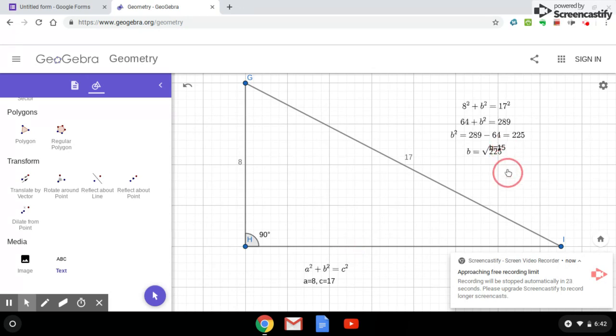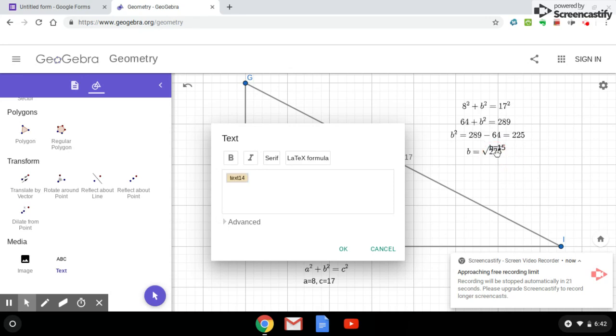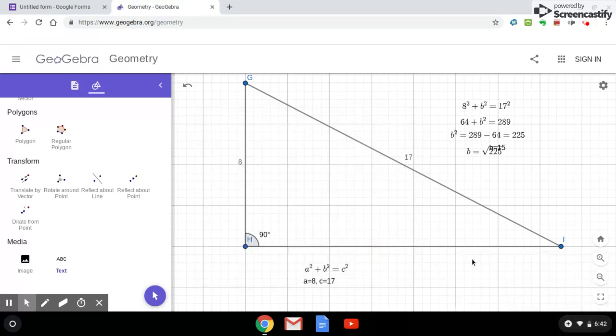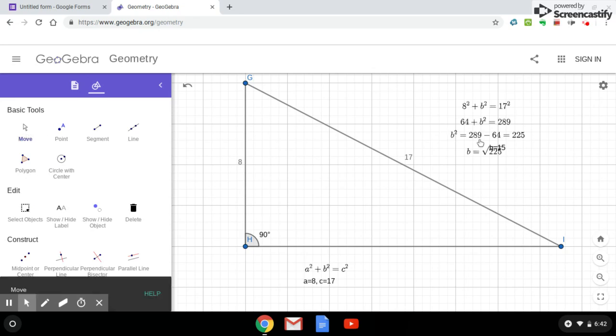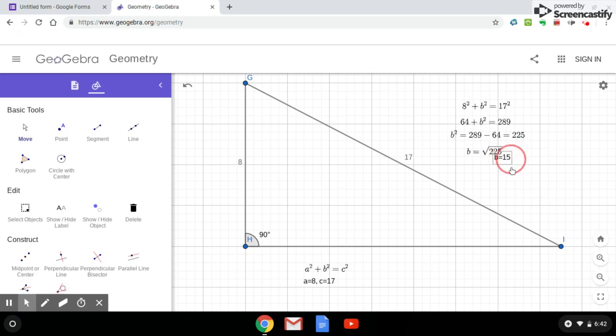So that is all for the lesson today. Make sure that you guys are familiar with the Pythagorean theorem, because we're going to be using